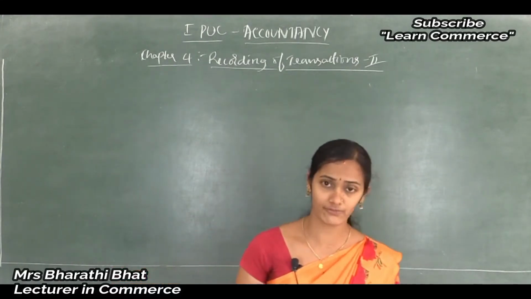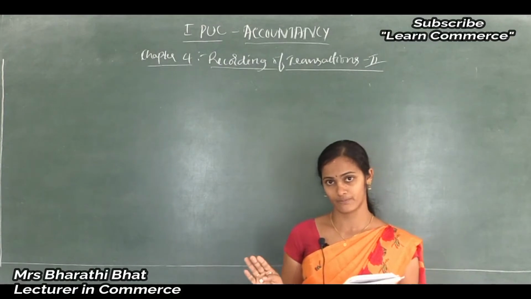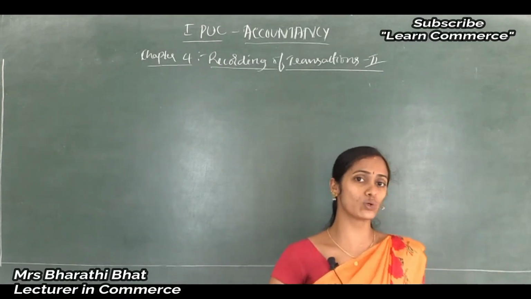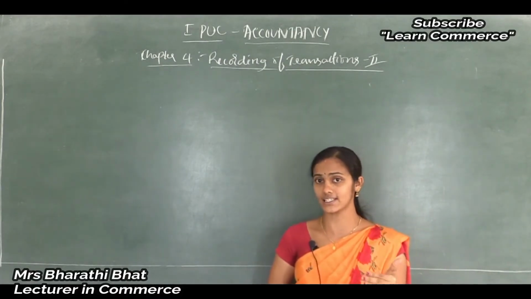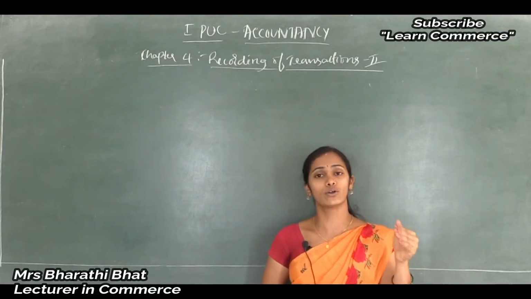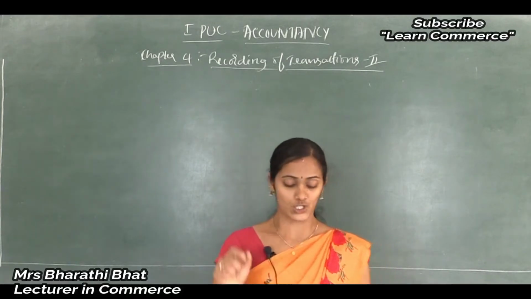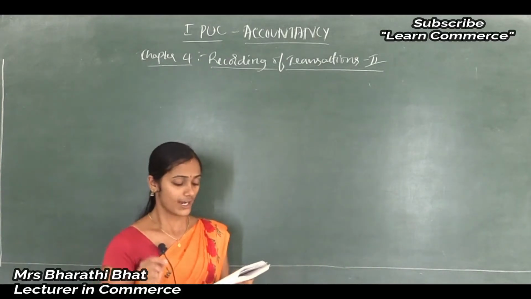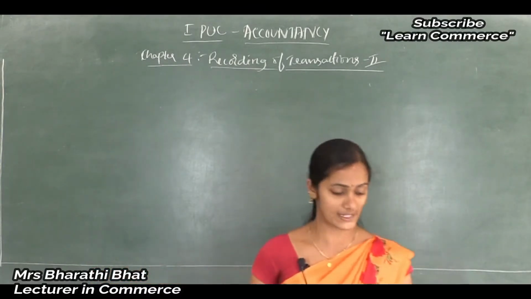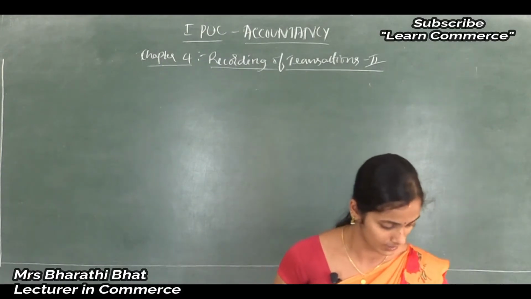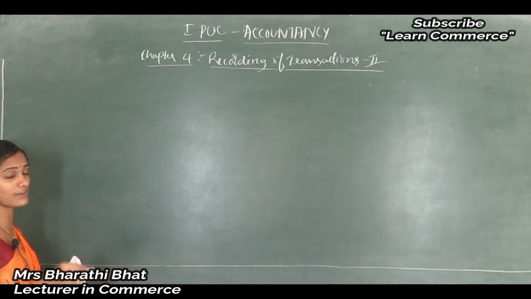2017 February 5, the transaction is like this: sold 4 bags of wheat flour. I told you that only goods, in which the business deals, are called goods. Only credit sales of goods are recorded in these subsidiary books. So sold 4 bags of wheat flour at rupees 500 each to Ashok Hotel, and 5% trade discount is allowed in that. Before that, I'll show the format of the sales book.